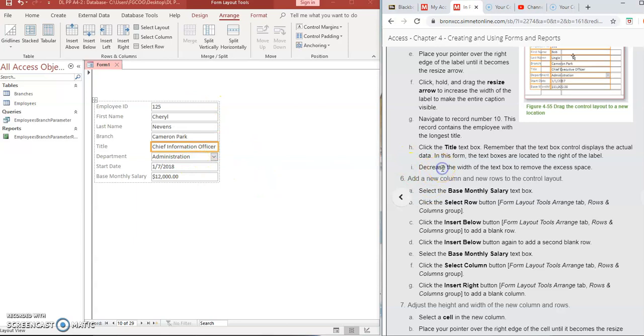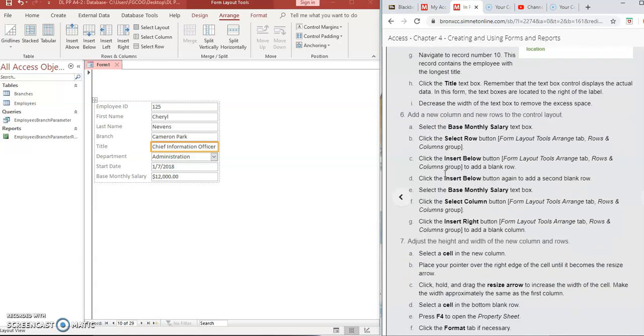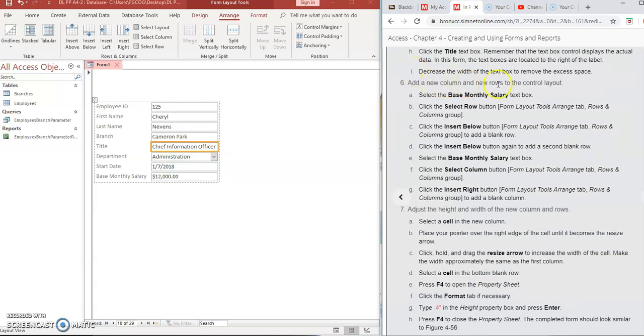Next, let's go to the next task, which is task 6. We are on task 6. Add a new column and a new row in the control layout. So select the base monthly salary text box. Here we go. We select this, and then select the row button in the form tools, arrange in the row